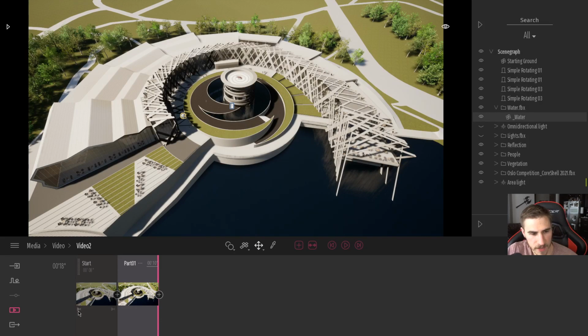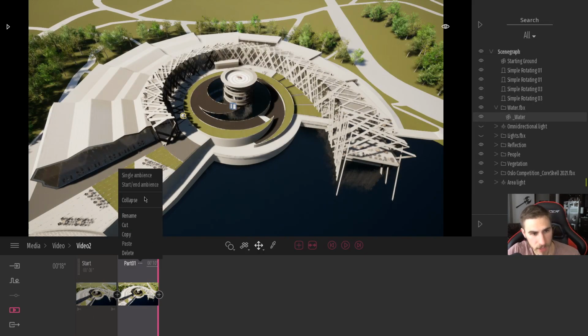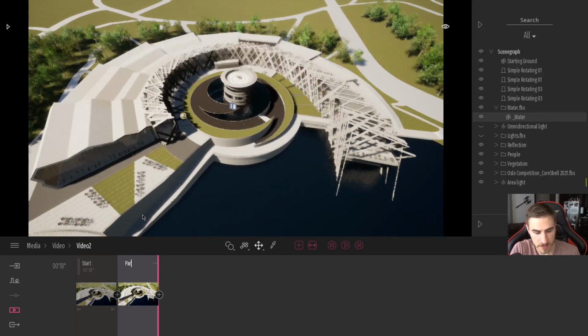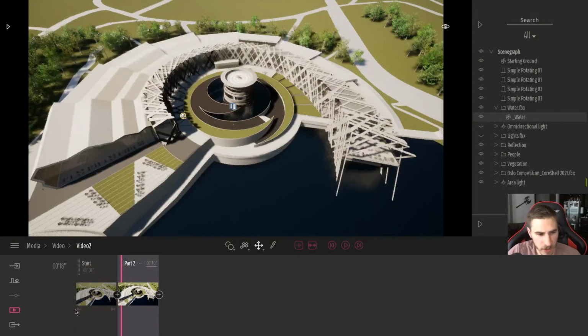We can look at these scissors, and they're essentially transitions, like start and end transitions. So like I said, if we have part 1, or start in this case, we've got one section of your video that goes through this animation. Then you've got a second that goes through another portion, which would be this part 1. I'll go ahead and rename this to part 2, so that makes a little more sense. And so these scissors allow me to make some sort of animations or effects, transition-wise, and smooth up some of these frames so we don't have this ridiculous jump from there to there. That's a little harsh.